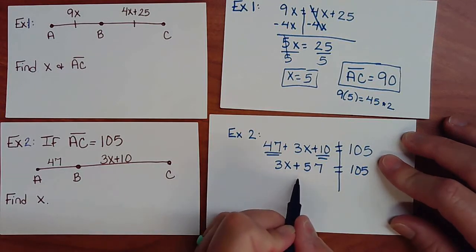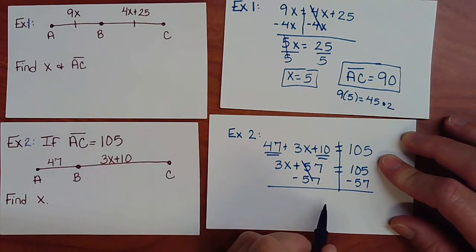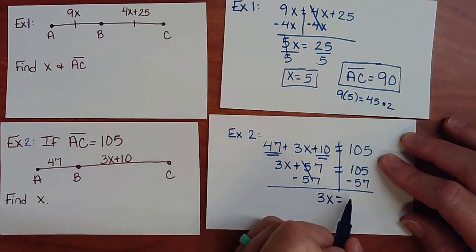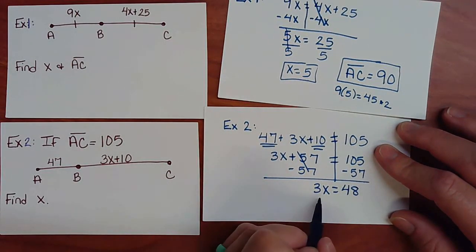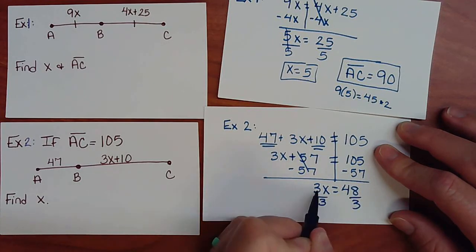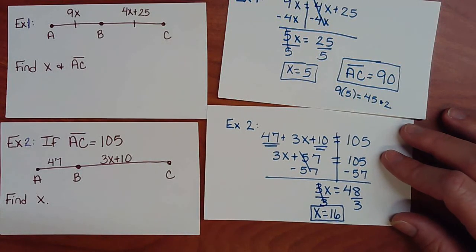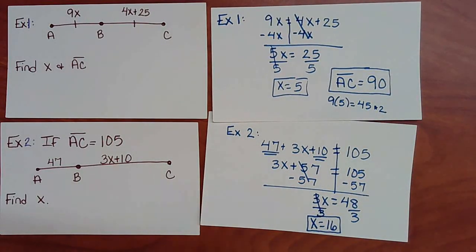Then you just have a 2-step equation. Subtract 57. 3x equals 48. And then to get x by itself, you divide by 3. 48 divided by 3 is 16. Pretty impressed with myself. Still got it. 6 months off and I still got it. And this one just wanted you to find x. So these are the 2 different types of problems that you're going to